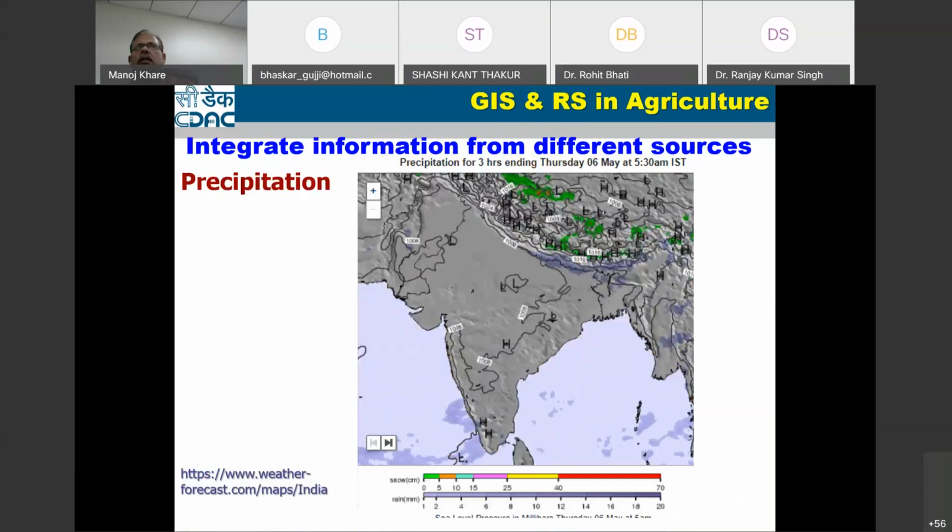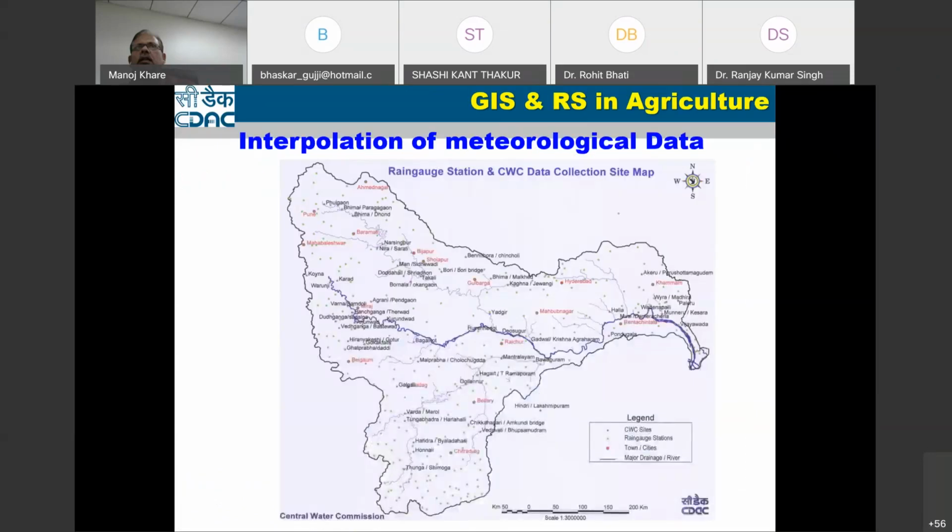This is the precipitation map. So till now, what we have done: we have got this weather data, we have prepared the land use data, and we have prepared the crop data. Similarly, we have collected soil data and different meteorological data from open sources available. Sometimes the agriculture department also collects a lot of data, such as AWS data from automatic weather stations, or from their field stations. This data requires interpolation, because you can collect data and take it into GIS.